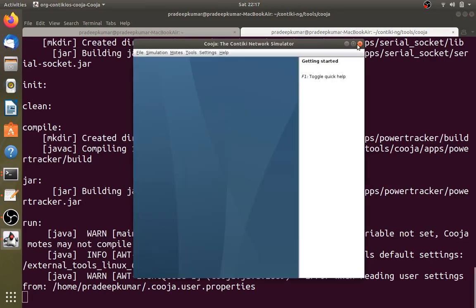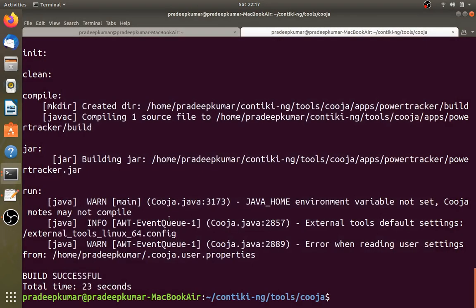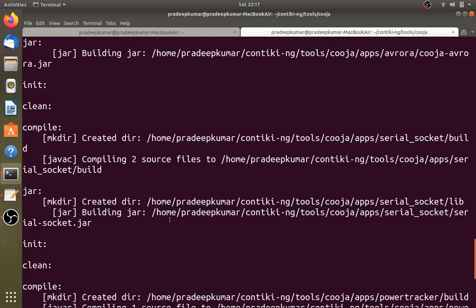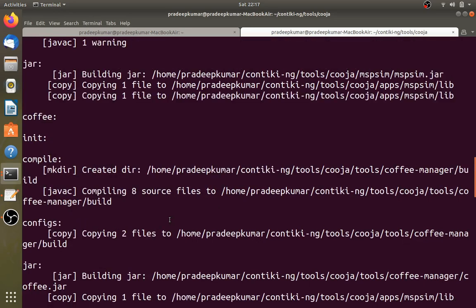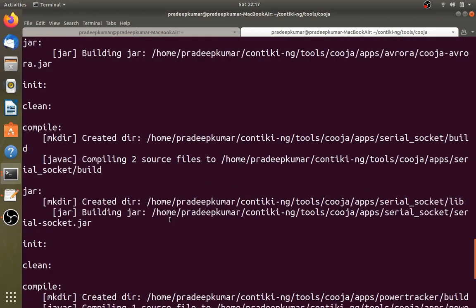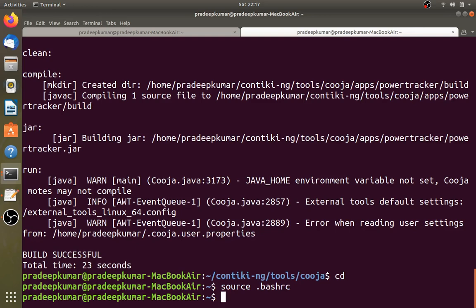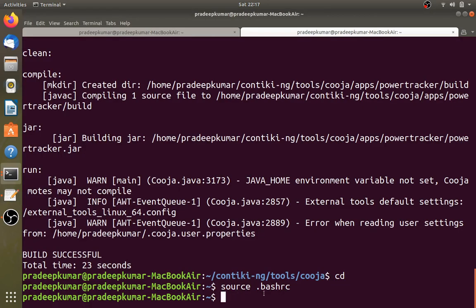I think it's running. Okay, fine, sorry. It is running. Maybe it might be using Java 8 only, I suppose, because the latest one installed is Java 8. So it might be taking Java 8, JDK 8. It's anyway fine. What I do is I just give source .bashrc. That means I am just running this file again. Running this file with source .bashrc means I am executing this file.